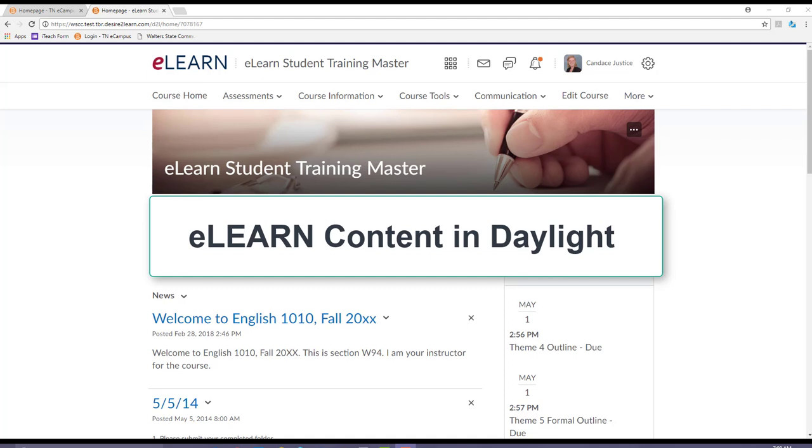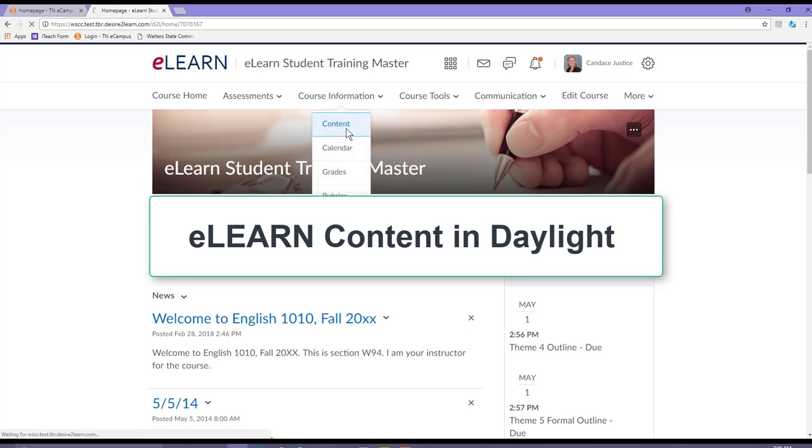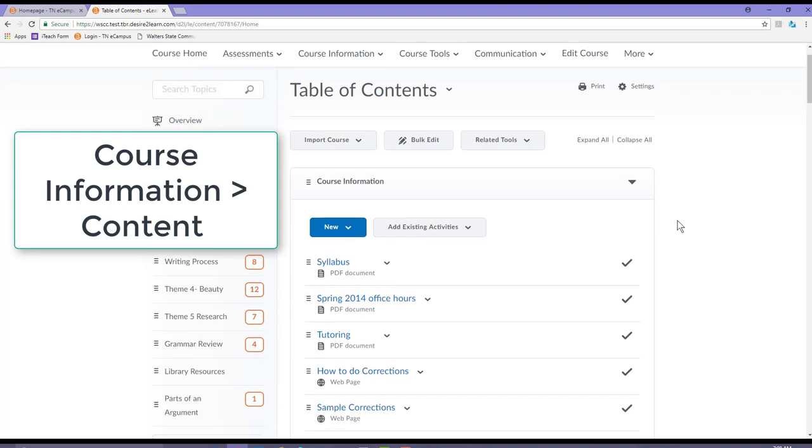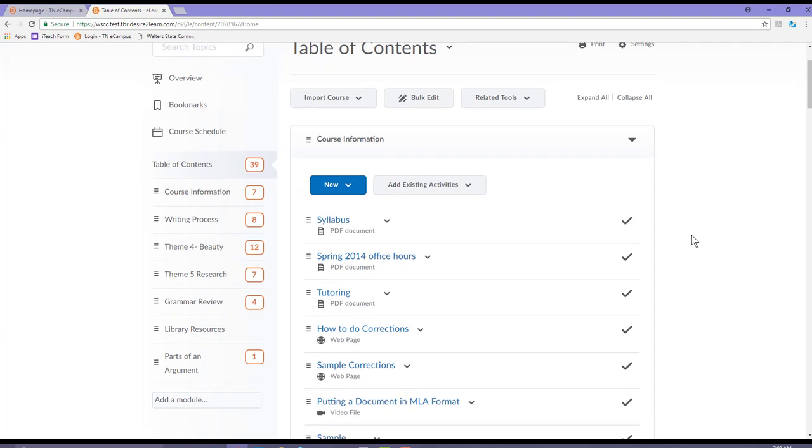This video is meant to show you an introduction to content in the new instance of eLEARN called Daylight. I click on Course Information and Content to get to the content area of an eLEARN class. This should look fairly familiar. On the left side you have modules, and on the right side you would have the content put in each